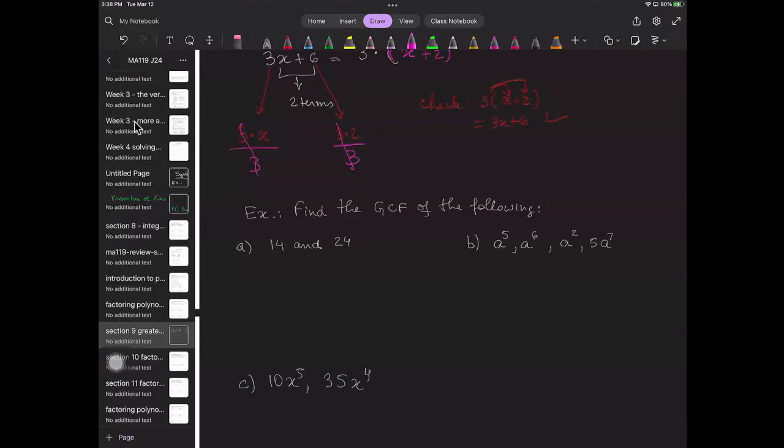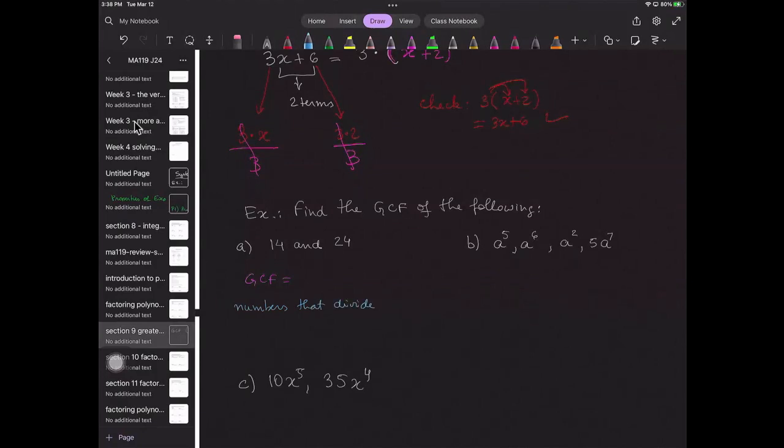Okay, so I wanted the GCF for letter A, which is the numbers 14 and 24. So since they are only numbers, you look for the number that divides both. And if you have more than one number that divides both, of course, you're looking for the greatest number. The GCF, greatest common factor, means the largest number that divides the coefficients, in this case, the numbers. Now, the numbers that divide 14, let me put it here, is just what I'm thinking. You don't have to write this, but you have to think about this. So numbers